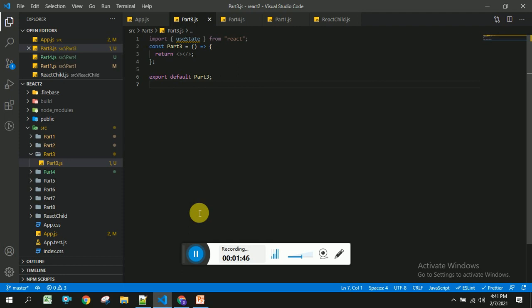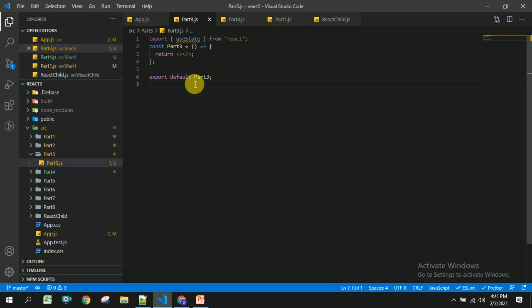Here I am going to take two inputs. One is for entering the data and another one is for displaying the data. This is input 1 and this is input 2.